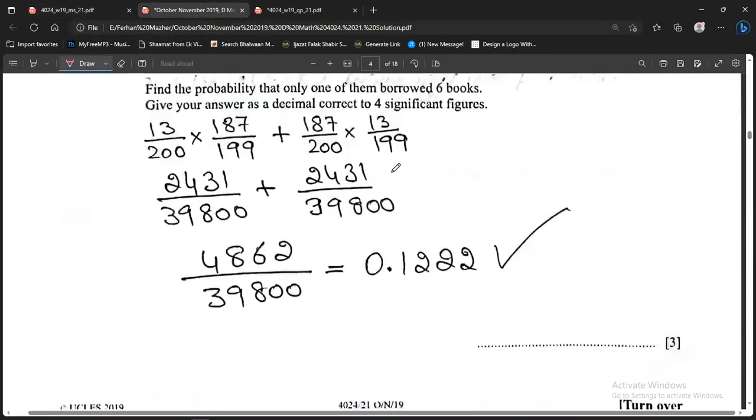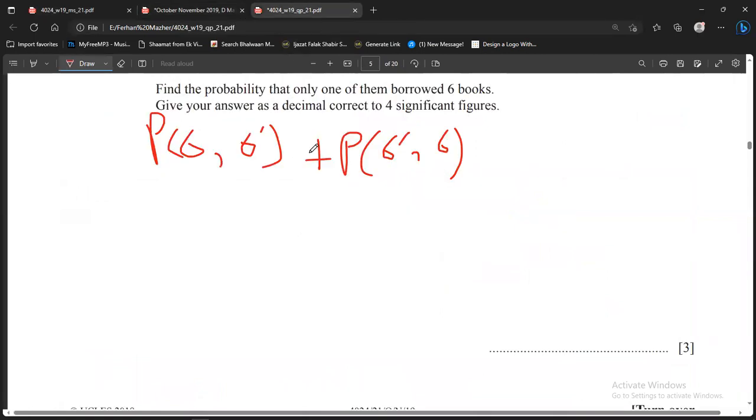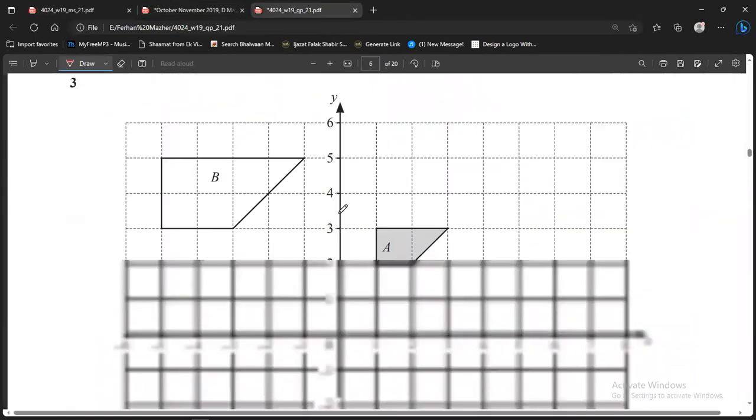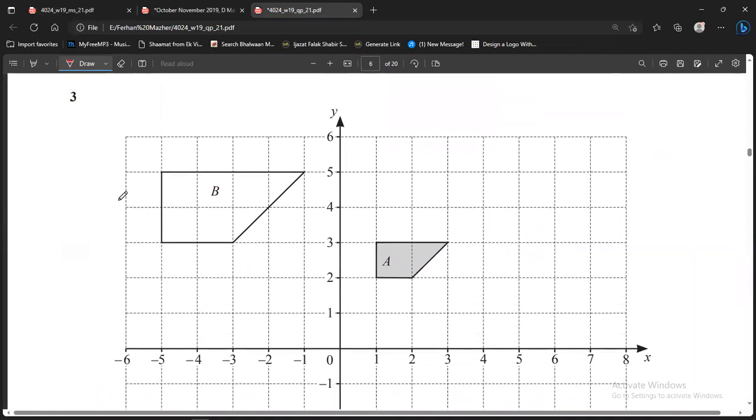0.1222. This is my answer. So we were doing this question. So now we are on question number 3, and he says,